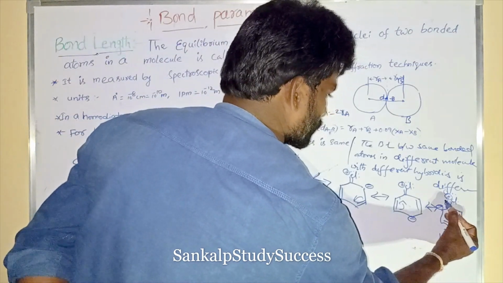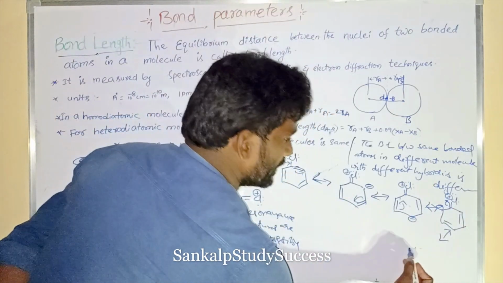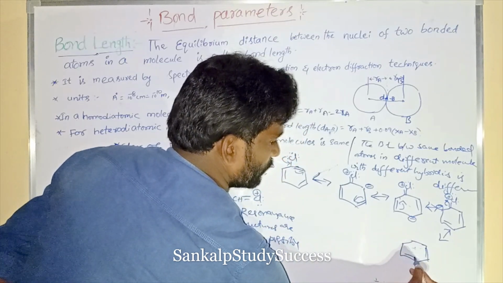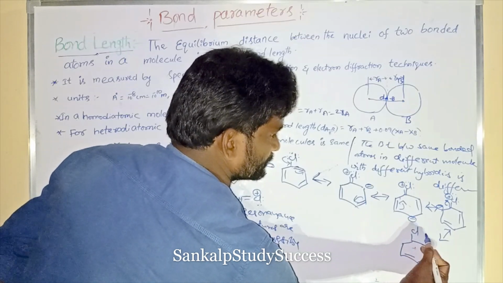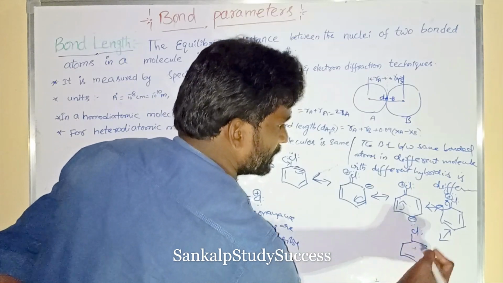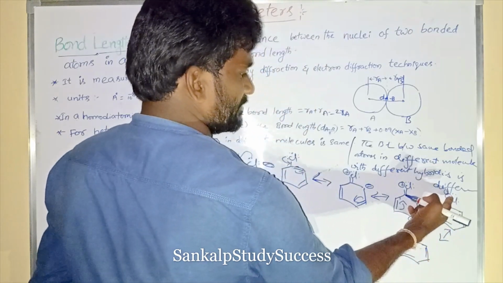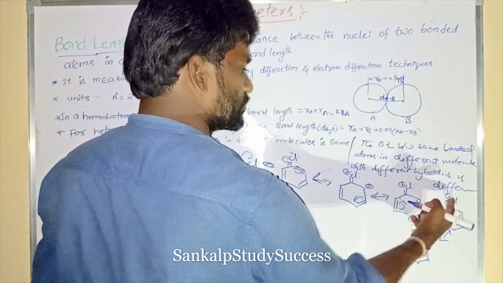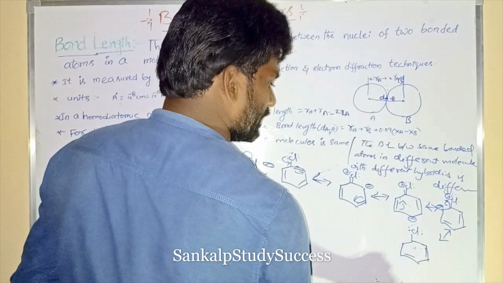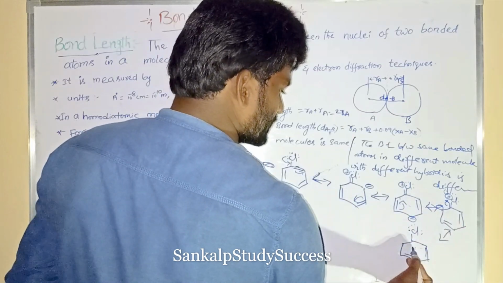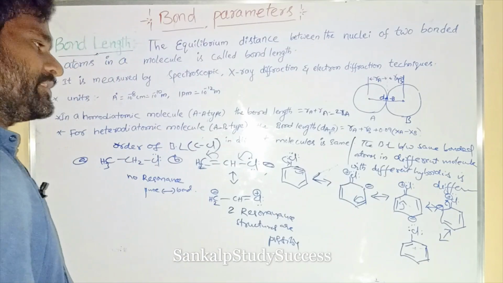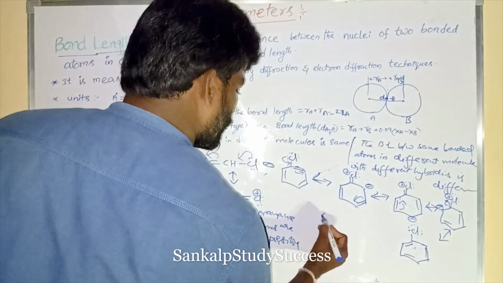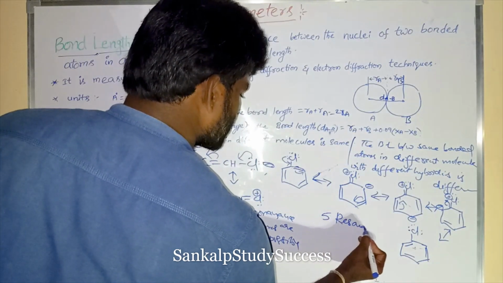If the pi bond shifted towards the plus Cl side, what happened? So double bond, Cl, lone pair. Here it is having plus, and this pi bond shifted towards the plus side, so that is negative. Plus and minus become neutral and form a lone pair, and this is minus, this is plus to form a pi bond. So how many resonance structures can it form? 1, 2, 3, 4, 5 resonance structures.